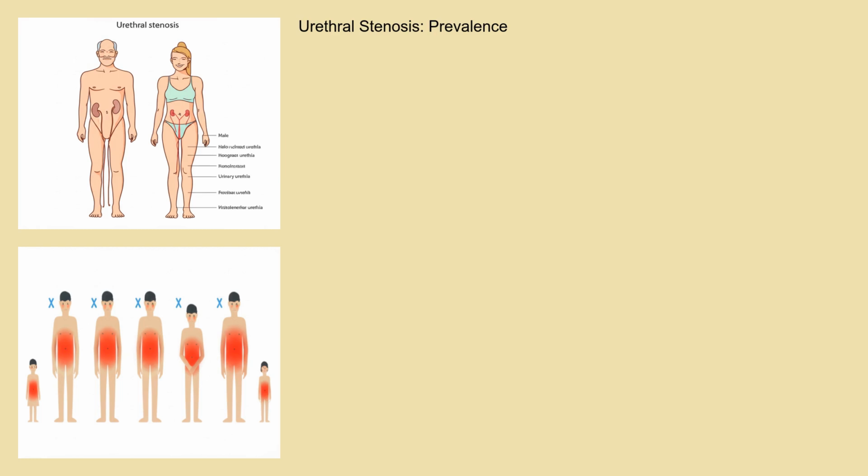Urethral stenosis affects people of all ages and genders, but it is much more common in men. Statistics vary, but studies suggest that urethral strictures affect a significant percentage of the male population at some point in their lives, especially with increasing age. This higher incidence in men is largely due to the longer and more complex anatomy of the male urethra. While women can also develop urethral stenosis, it's much less frequent due to their shorter urethra and a different spectrum